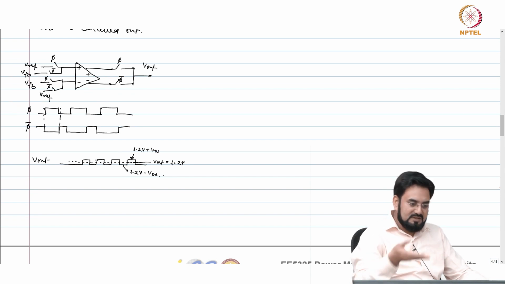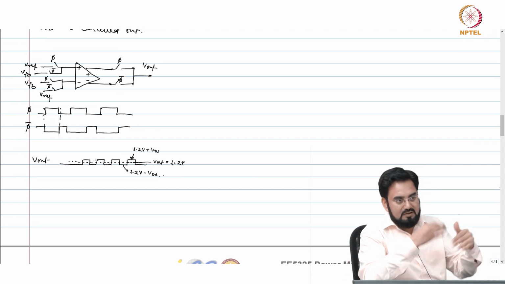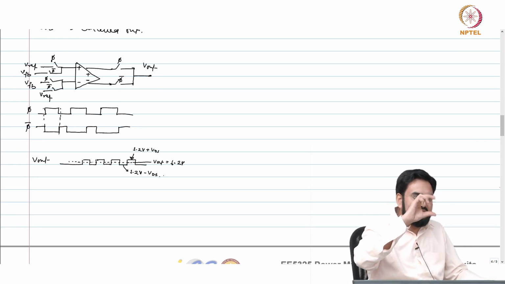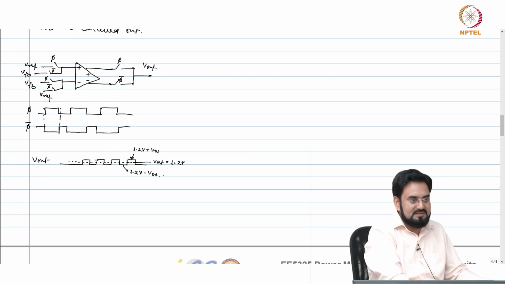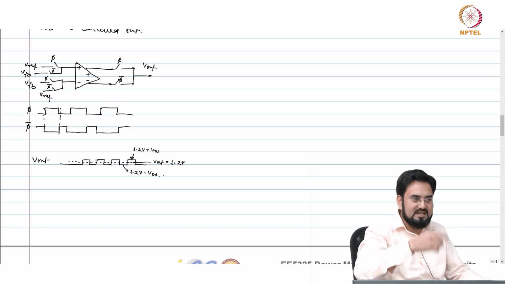So now after that, if you apply this dynamic offset cancellation on top of that, your ripple will be only plus minus 1 millivolt or less. But if you don't use static offset cancellation, then all the offset is now getting corrected by this dynamic. So your ripple will be larger in that case.